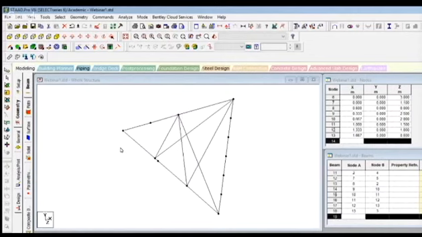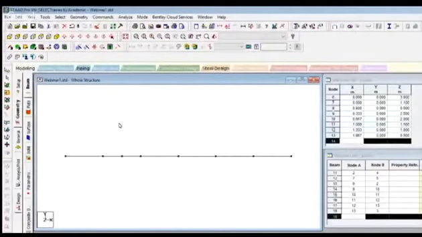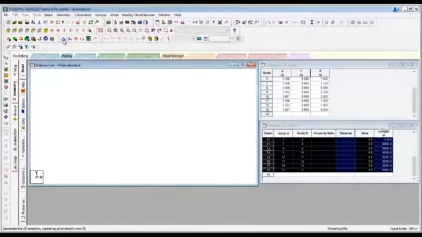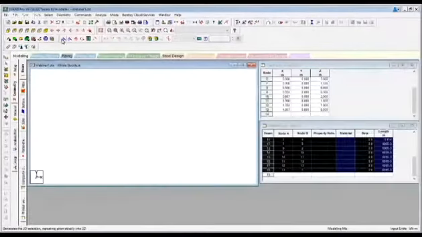I hope the things I taught about nodes and members are clear till now. We are going to look into some of the 3D objects. Now we'll go to the top view. In this top view, I'm going to select the entire structure. Then I'm going to do something called translational repeat. You'll find translational repeat in the 4th row. You can see here the translational repeat command. So click on translational repeat.